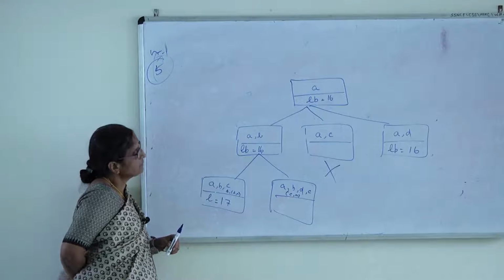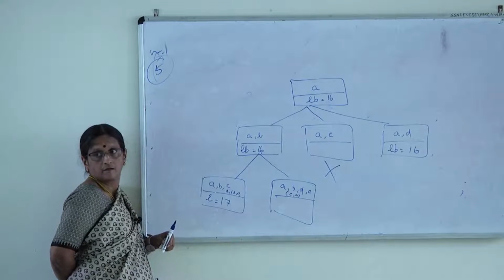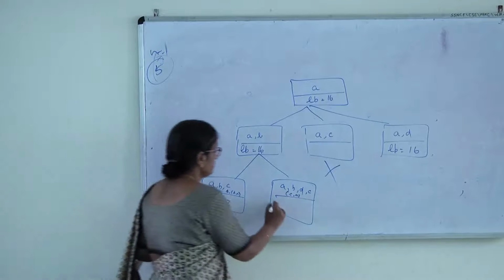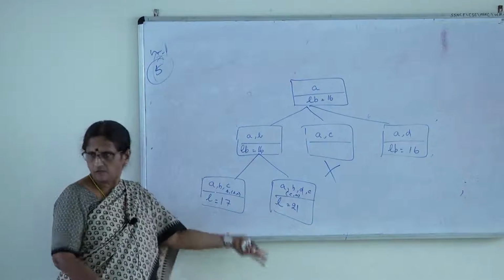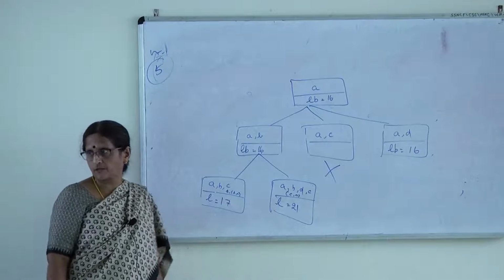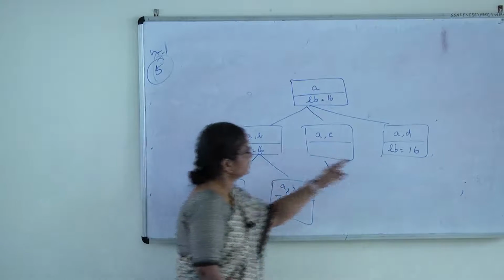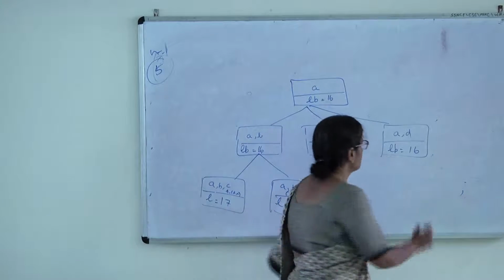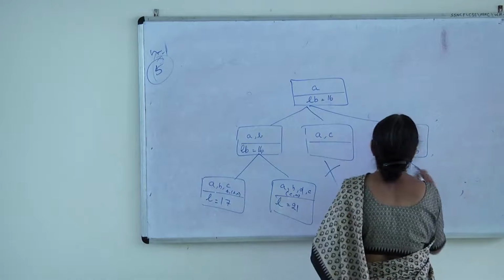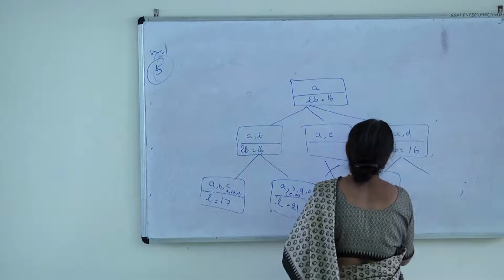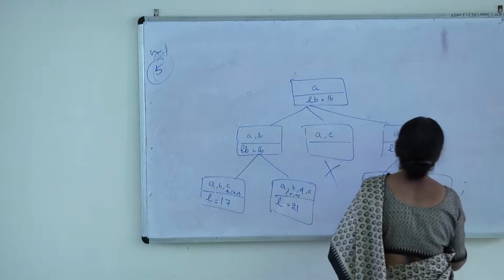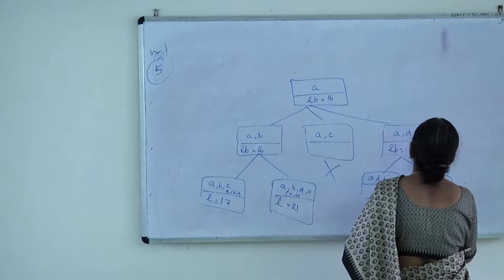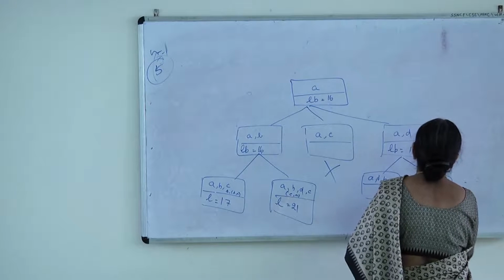What comes, AB plus BD plus BC plus CA? 21. If anything changes, tell me. So I terminate, I don't continue further because I have nothing more to explore. Now this one I have to go further. So A and D I have already committed. So what can be after D? I can look at B, or after D I can look at C.